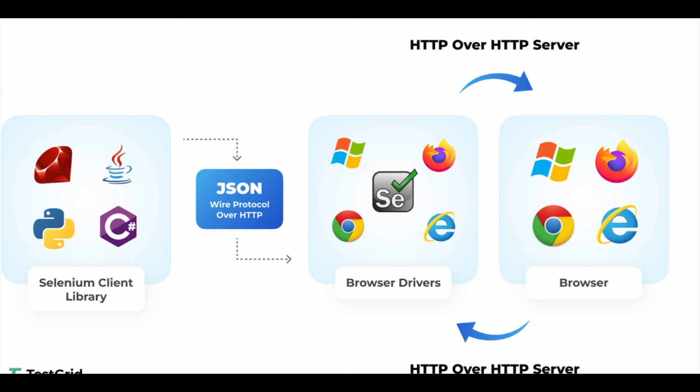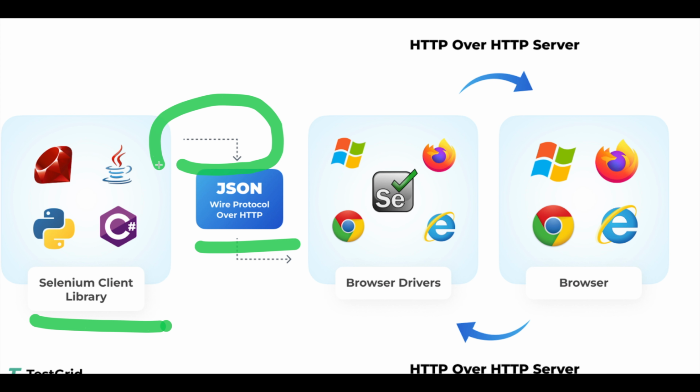Selenium relies on sending individual HTTP requests to the WebDriver for each action you want to perform. This means the client, which is your test code, constructs an HTTP request specifying the desired action, example element.click. This request is sent to the WebDriver of the specific browser, like Chrome driver, Gecko driver for Firefox. The WebDriver processes the request, translates it into commands understandable by the browser, and communicates it with the browser engine.